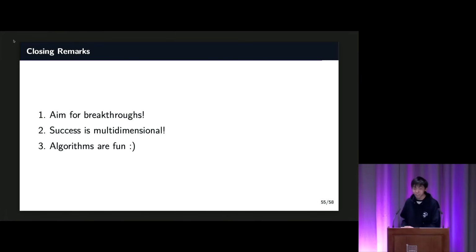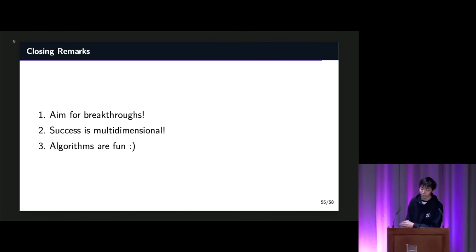So we've reached the end of today's talk, but before I finish, I want to briefly reflect on what I think today's talk is really about. Of course, the BMSSP algorithm itself is probably not something most of us will implement tomorrow. For now, I think if you need shortest paths, you should probably still use Dijkstra. But in my opinion, the value of today's story goes beyond the algorithm itself. Well, I think there are three things.